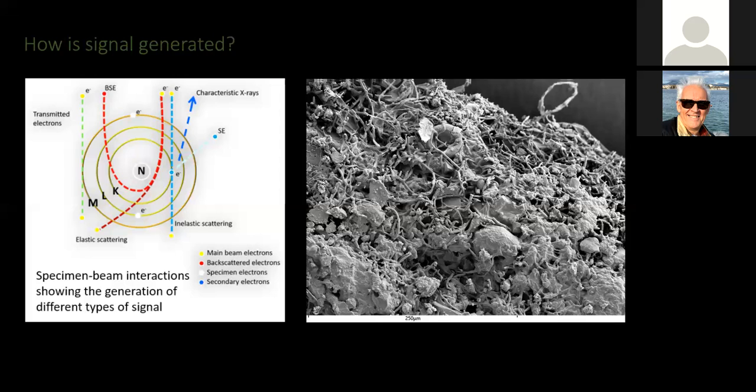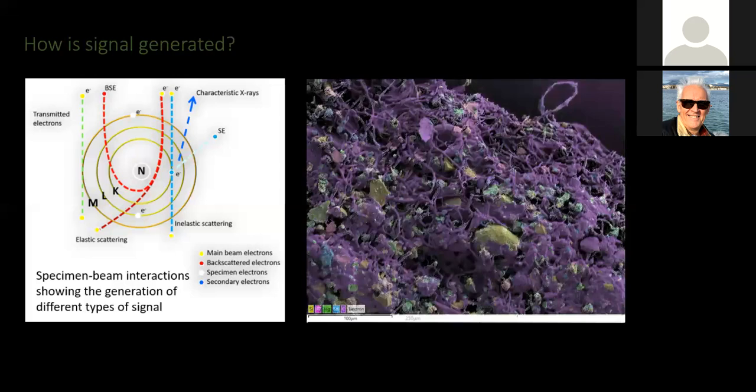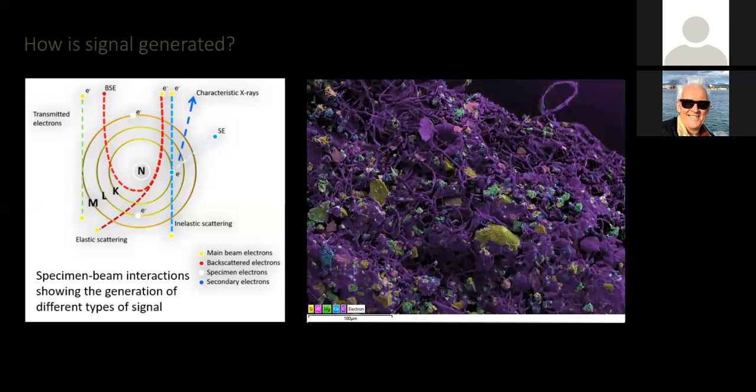On the right, you can see this image. So I'm going to scan through different versions of it. And what's fascinating for me is that the individual colors can be assigned to individual elements. So we started with a grayscale SEM, and you can see the color markers at the bottom. So we've got silica, aluminium, magnesium, calcium, and also using